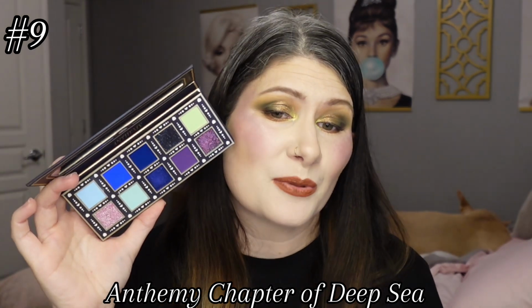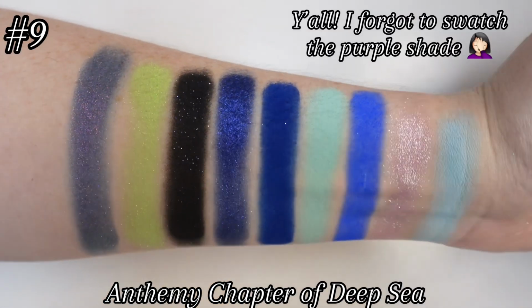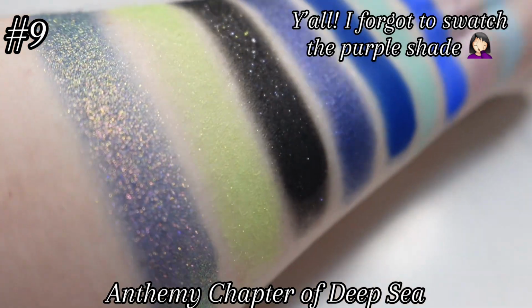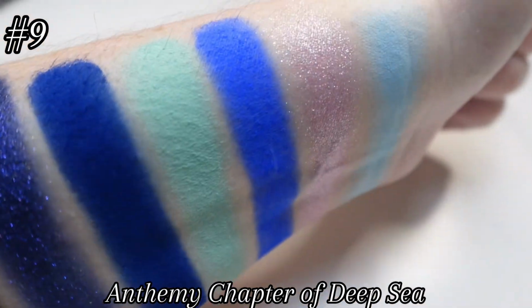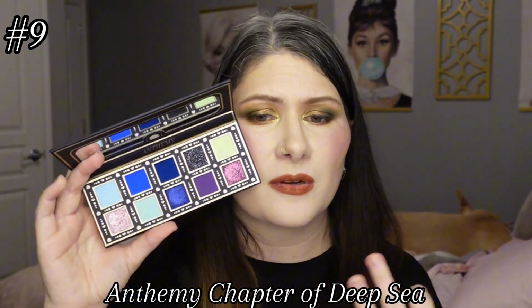But the last one that I have from that collection is going to be the Chapter of Deep Sea palette. This one is beautiful. It's a me color story. It's blue, it's purple, it has that green up here yet again. The multi-chromes in here are beautiful. This one right here, this sort of like blue, green, purple one. We have this really pretty, super sparkly sequin black shade up here as well,